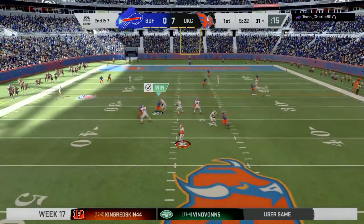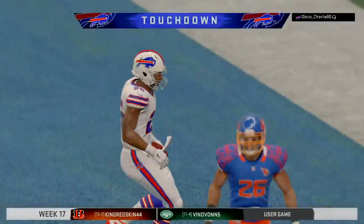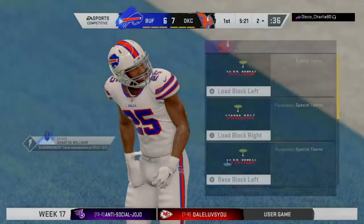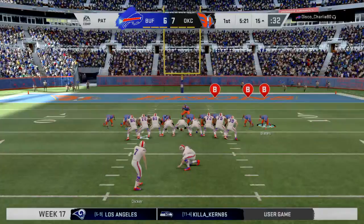Here's a 2nd and 7. They'll let this go for the end zone. And this is caught for a Bills touchdown. A great effort there. His 11th touchdown of the year as his guys are on the board here in this